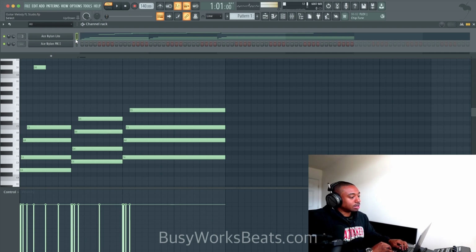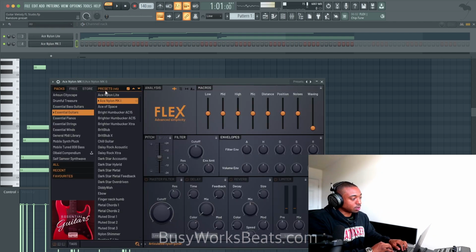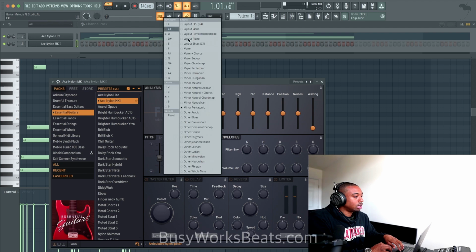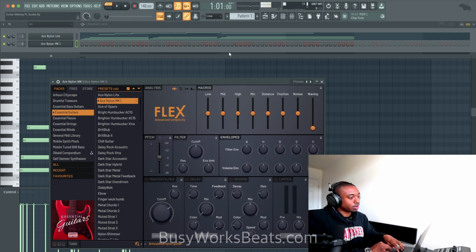So now that we have the top line and we have the harmony layer, let's add the contrast layer. So this is where a different instrument will come into play. And it's the same technical instrument, but in this case, we're going to use what's called the minor natural scale, and D will be our root note in this case. And I like to write bass or contrast stuff at a lower octave. So let's do octave 3 in this case.